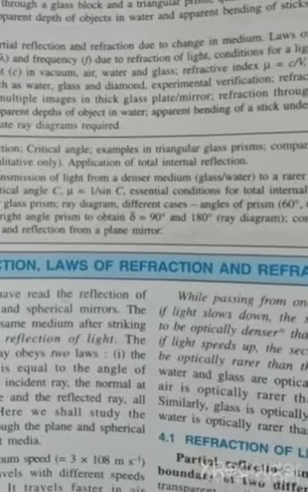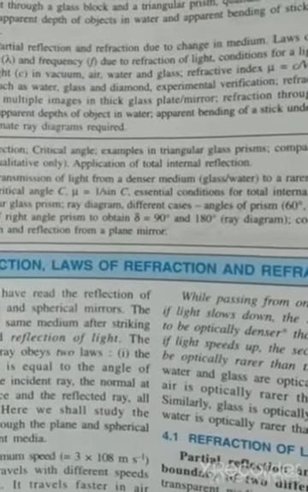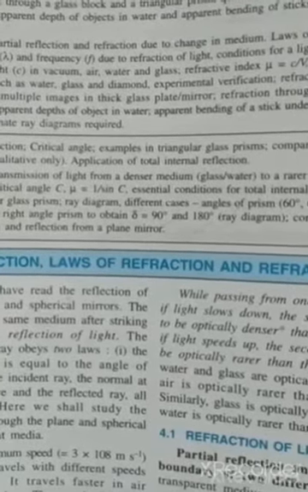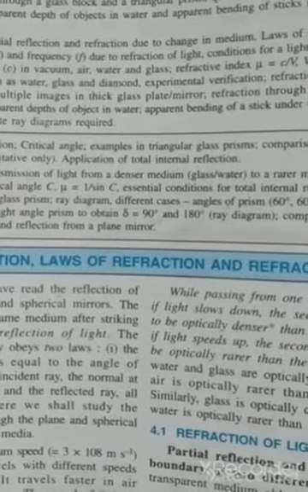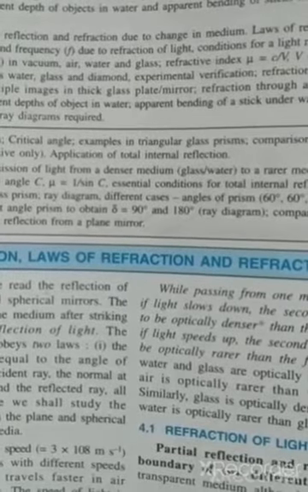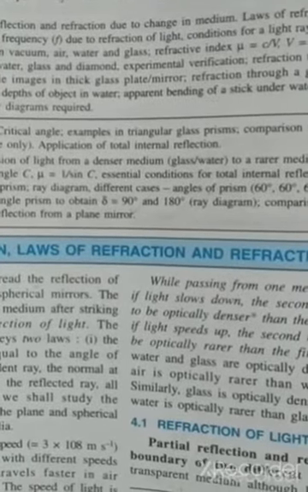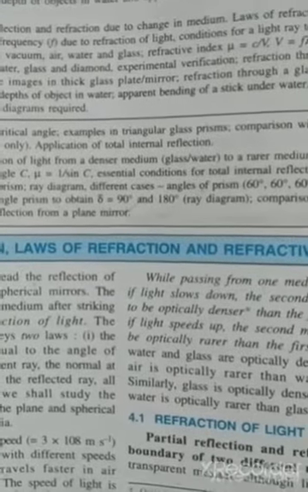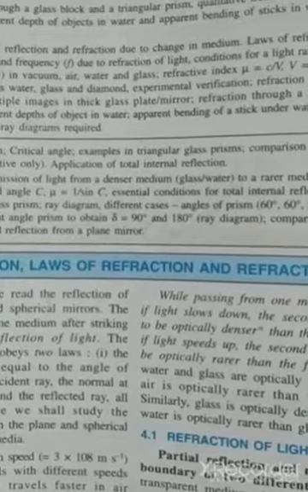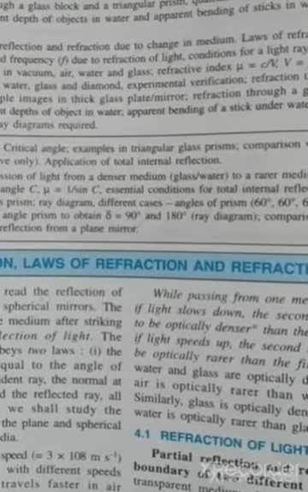This chapter is very scoring, no numerical. Even for the numerical, if you see, it's written basic numericals. Basic numericals means the only formulas here you have are mu is equal to sin i by sin r, mu is equal to c by v, or mu is equal to real depth by apparent depth. These are the formulas, and very basic numericals will be asked in the board examination. So kindly prepare all the chapters according to the reduced syllabus, and in the next video I'll start the next chapter.